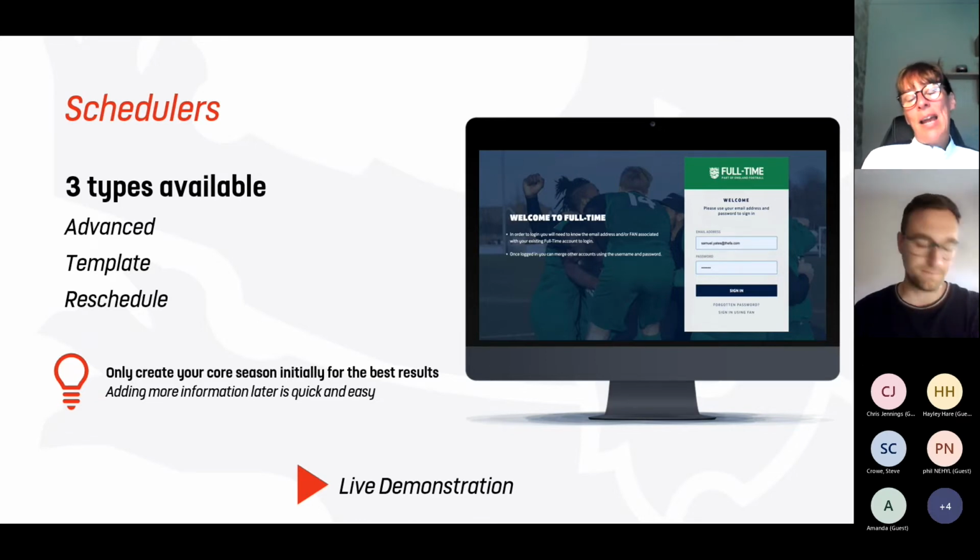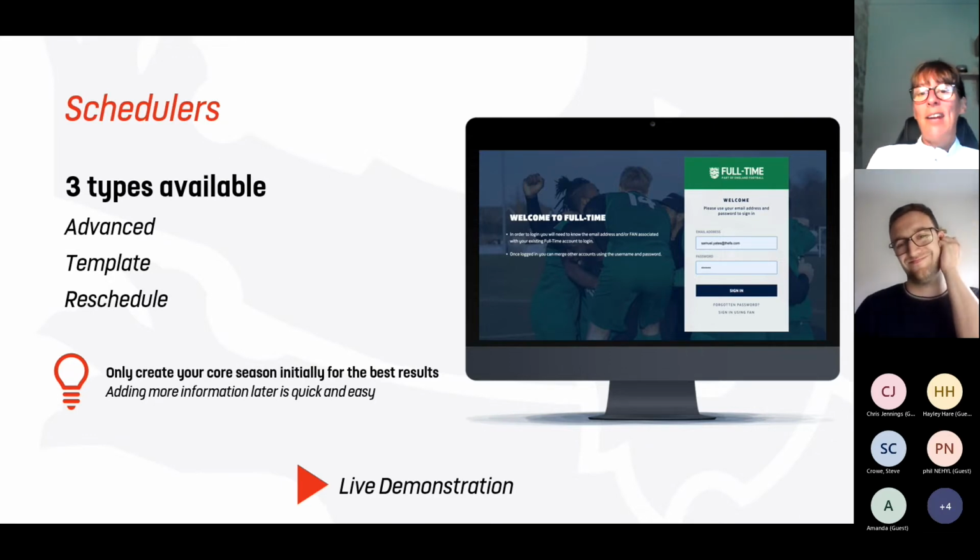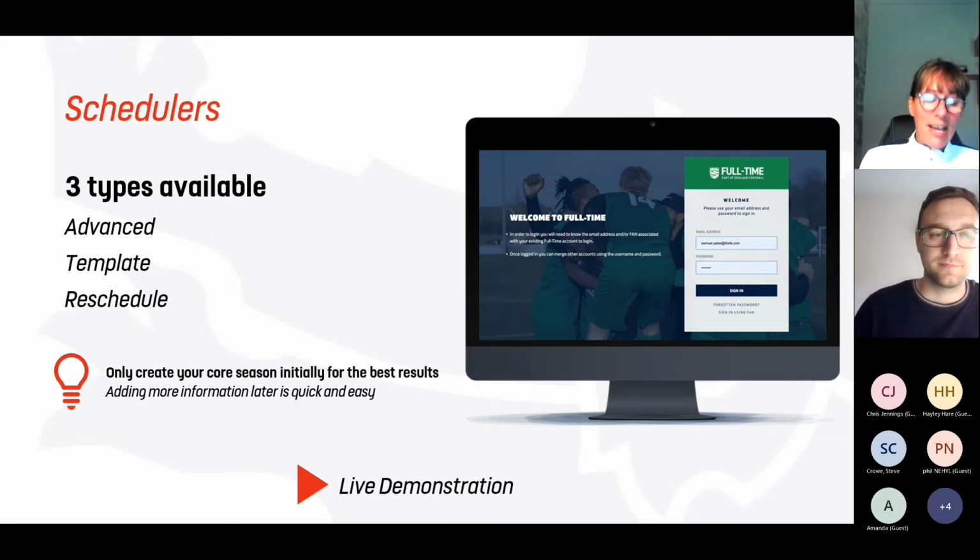But yeah, Andy's going to, or Andy, if he's turned up, and Lee is going to go through the schedulers now. So we're going to be looking just at the template scheduler, very useful for smaller leagues that have only got one division. The advanced scheduler does what it says on the tin, much more advanced. You can put more information into it, and therefore you can get better information out of it. Yeah, I've already mentioned the manual fixtures